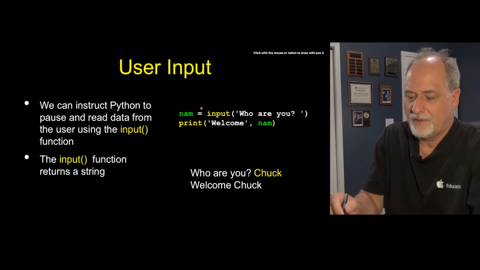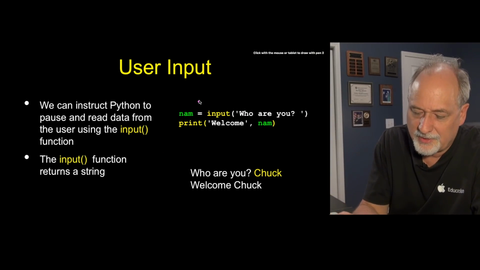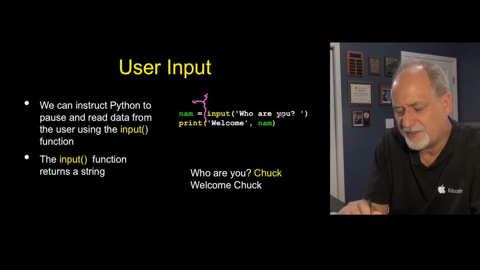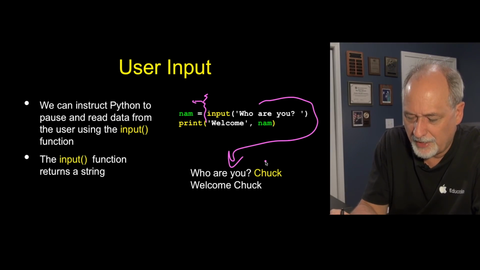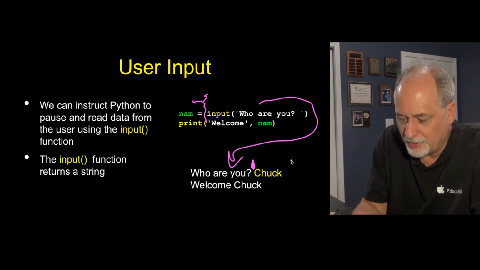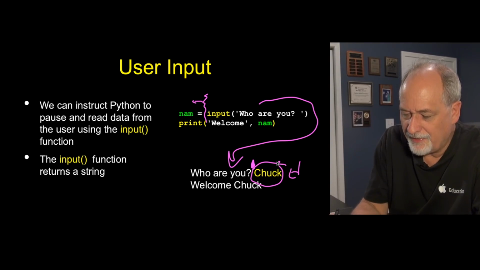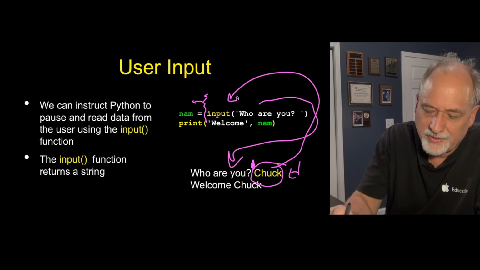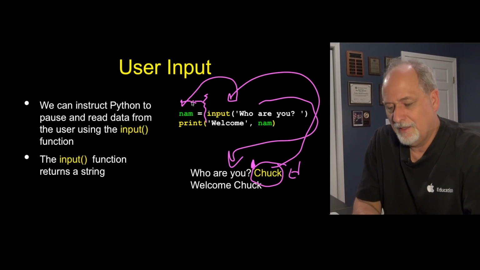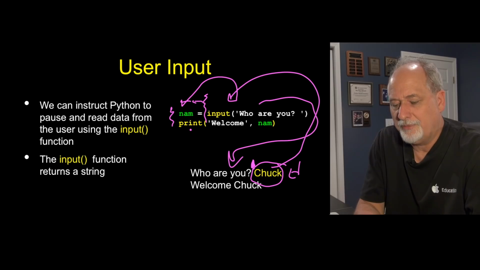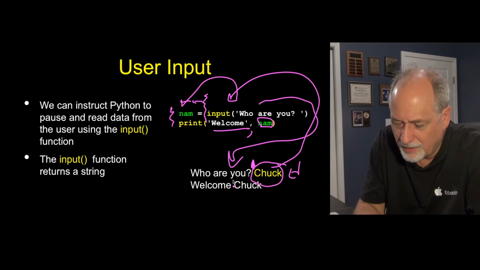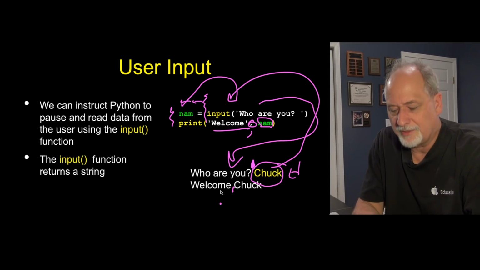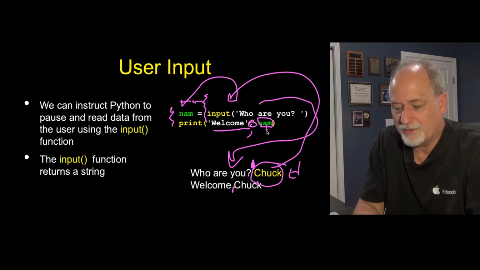So let's do that again. It's evaluating an assignment statement. Remember, you can think of it as just do the right side first. It writes this out, then it waits until we hit the enter key, and takes this Chuck, and that becomes the result of this input, which is then assigned into nam. Now we go sequentially to the next line. It prints out welcome, comma, contents of the variable nam. Now this comma here actually does put the space in automatically, so it says welcome space Chuck. There's no space in Chuck, just the Chuck. And so print